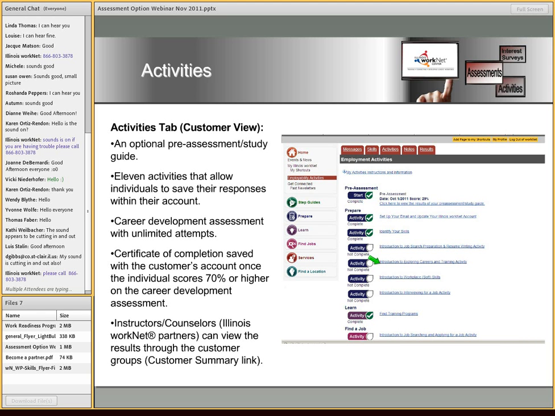Now you can access the skills and interest inventory or direct them to the skills and interest inventories that we just looked at whenever they complete their activities. So the activities within Illinois Worknet